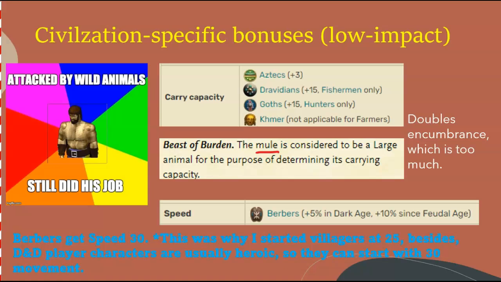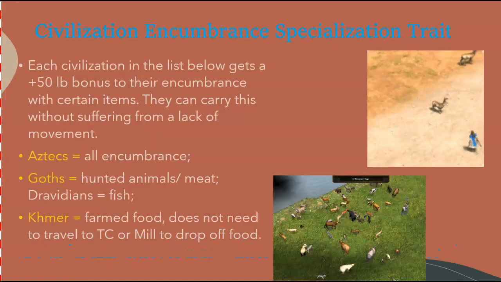There are some civilization specific bonuses regarding carrying capacity, and while looking at how the different cultures may have increased their carrying capacity, I looked at what else in the D&D world would be similar. Beast of Burden, which is terrible, because it's about animals. So I'm not trying to be insulting here by insinuating that anybody is an animal, and this rule doesn't work anyway, because giving them a large size would make the bonus for their carrying capacity too much compared to what they get in the game. So I settled on just giving them a specialization trait for carrying capacity,